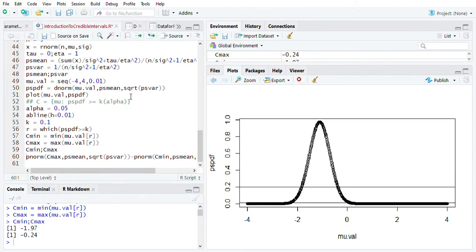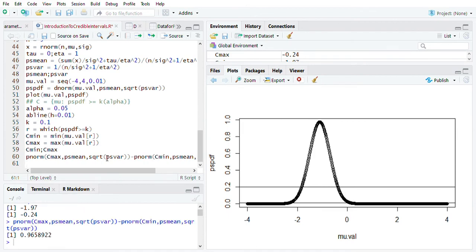So now let us look at the coverage probability. It is 0.9658. So yes, the condition is satisfied. This probability should be at least 1 minus alpha. Now here we had chosen K arbitrarily. So how do I come up with the highest posterior density credible interval? In the case of the highest posterior density credible interval, this K should be the largest possible. Now because there can be many such Ks, I can always take a sequence of values of K for which this will be true.